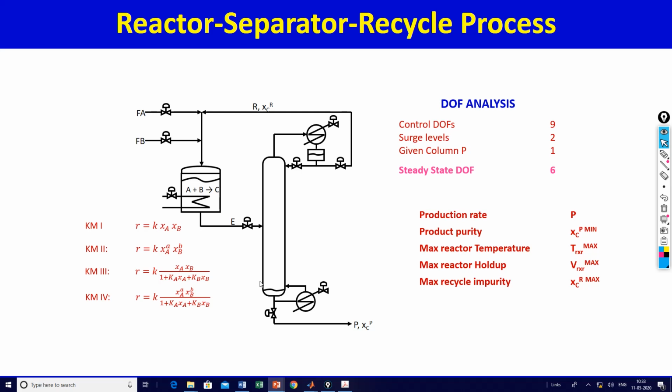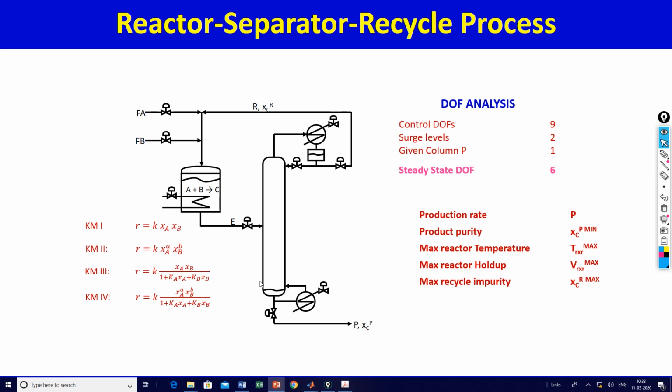Now for these 6 degrees of freedom, what are the specification variables that we should use? Well, usually production rate would be given. Usually product purity will also be given, as you're guaranteeing a minimum product purity to the customer. We've also discussed this earlier. For optimal operation, reactor temperature should be as high as possible because that minimizes the recycle load and that will help minimize the boil up in the column for the same production rate. So it minimizes the energy consumption per kg product.